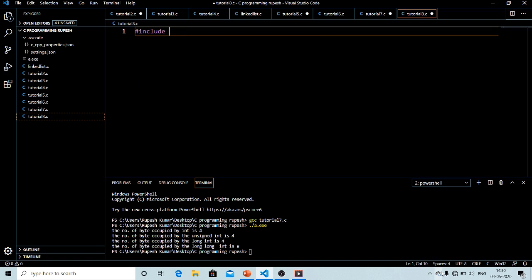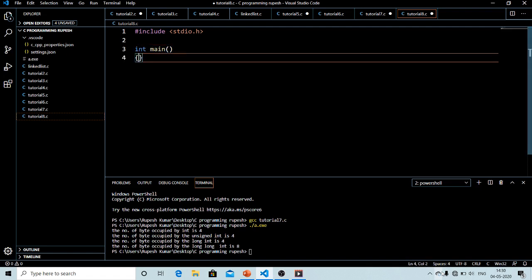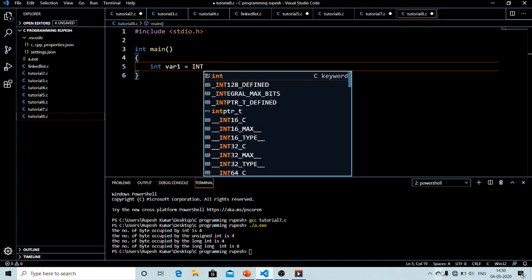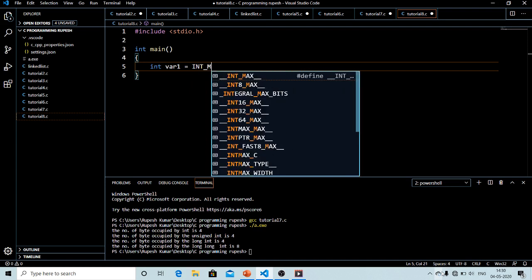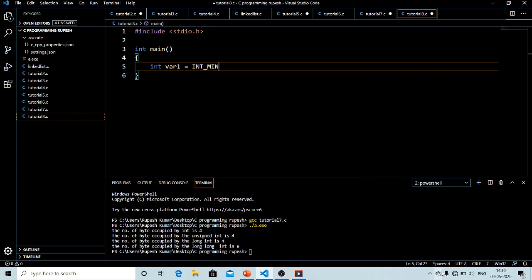We write #include <stdio.h>, which is the header file, and we have the int main function from where the code starts executing. Now I will declare two variables, var1, and I will initialize it with INT_MIN first.